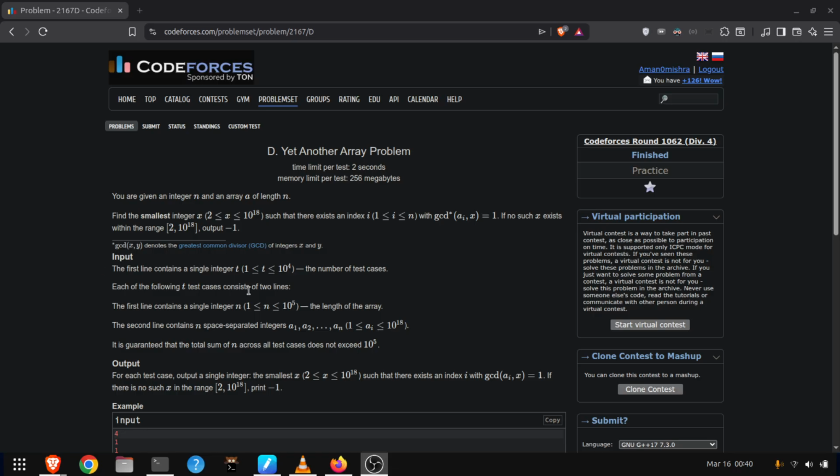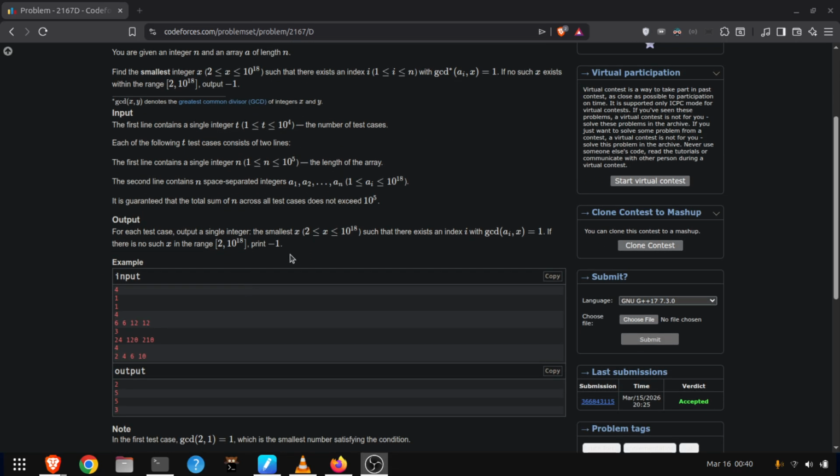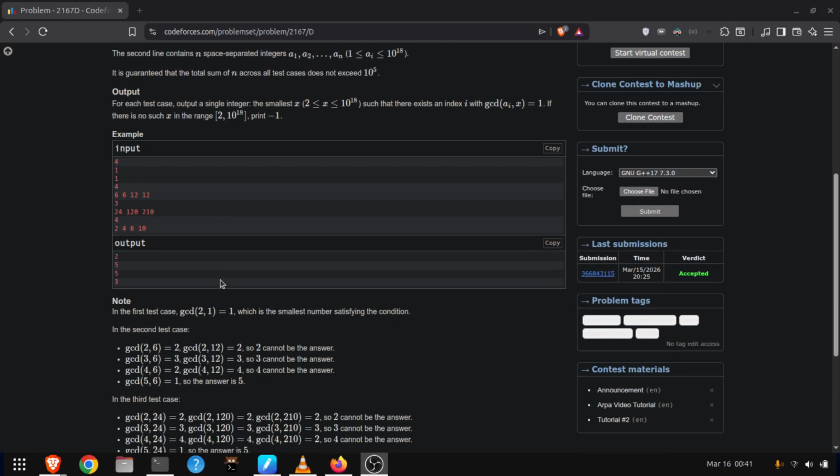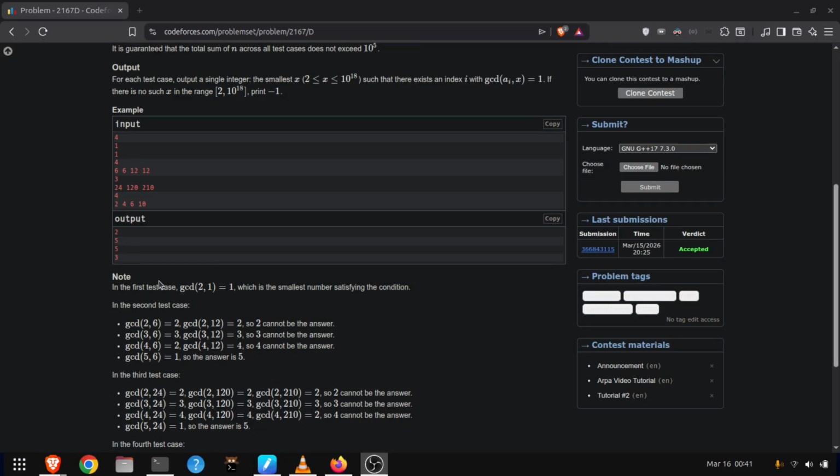So what we have to output for each test case is a single integer, the smallest x such that there exists an index i with GCD equal to 1. If there is no such x in the range, then print -1. Like as you can see in the first test case,